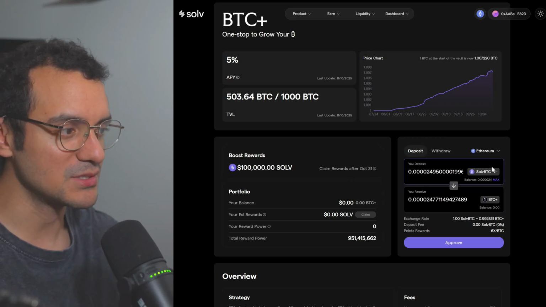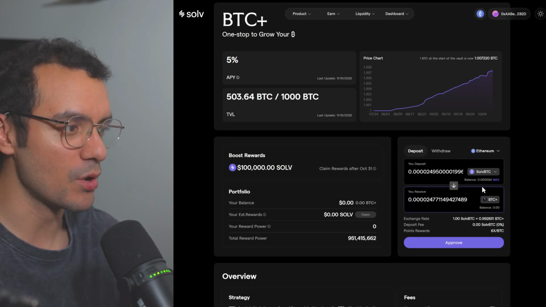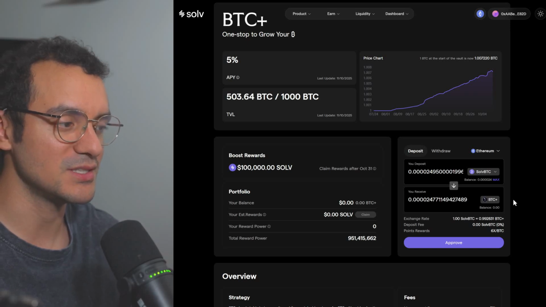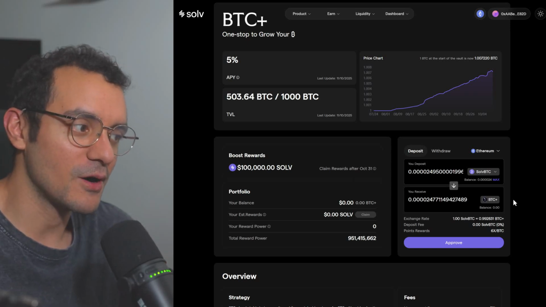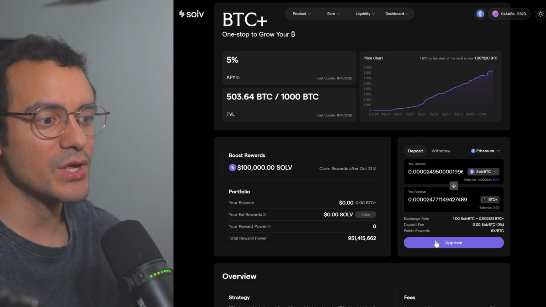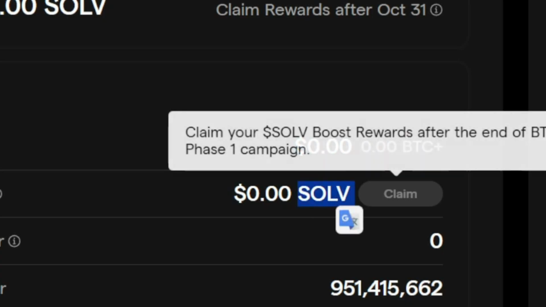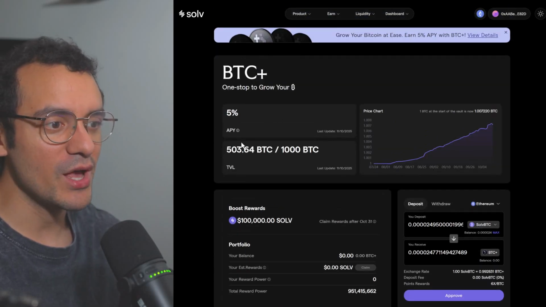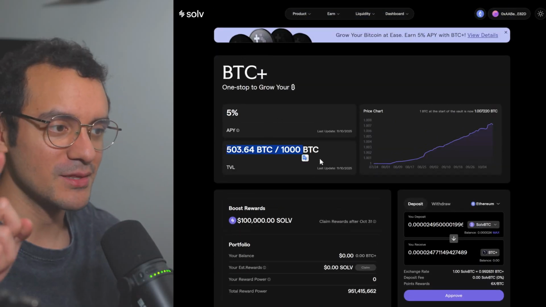And for depositing or for having this BTC Plus in our wallet, we're going to receive 6 times points per BTC in the vault. So we're now farming even more points for future airdrops. Okay. And we can also claim Solve tokens for this strategy. Isn't that amazing? And as you can see, we have here a TVL. Actually, keep in mind this. We have a TVL